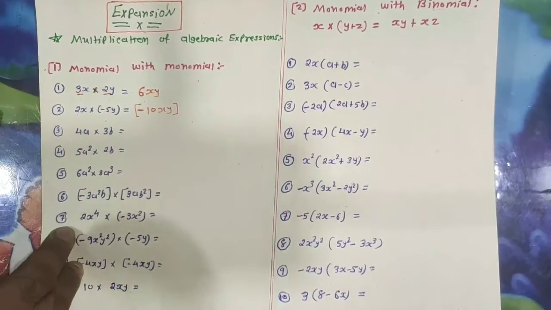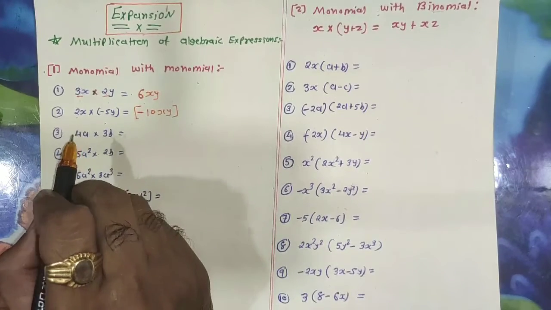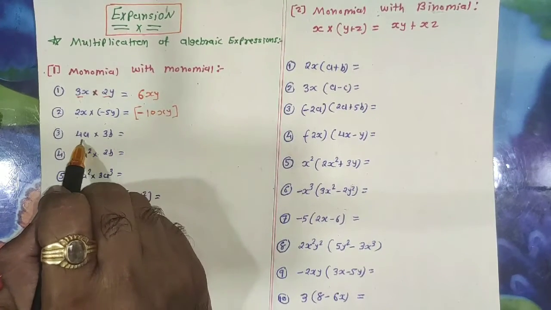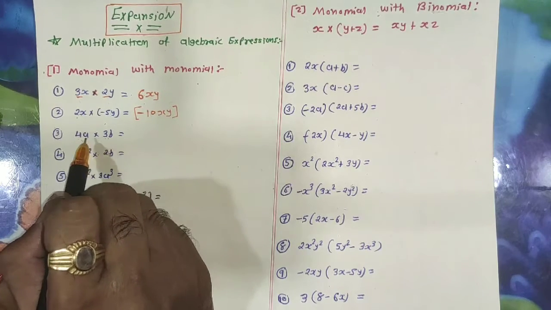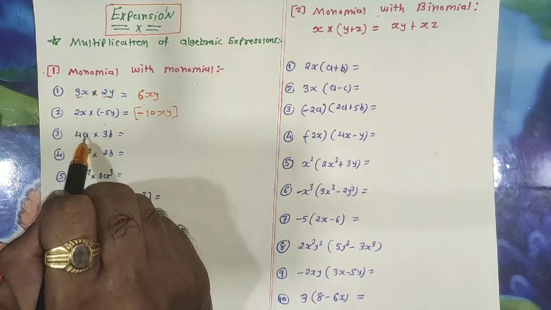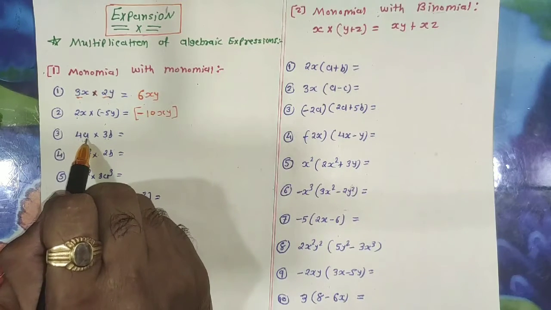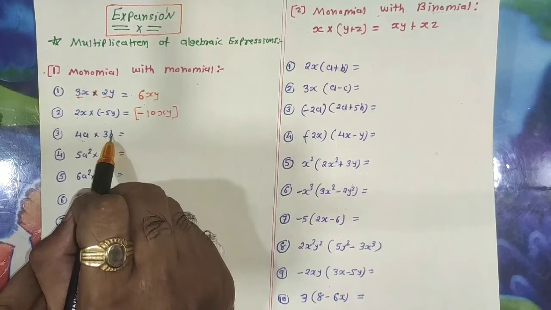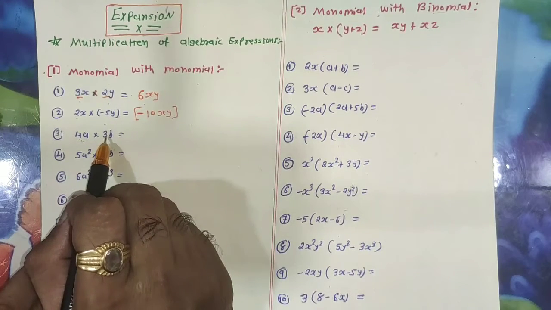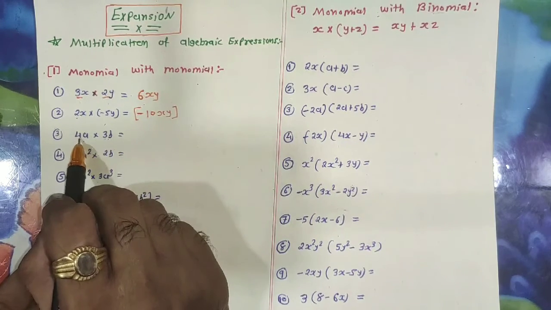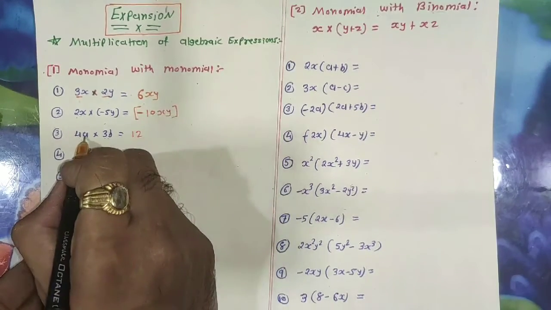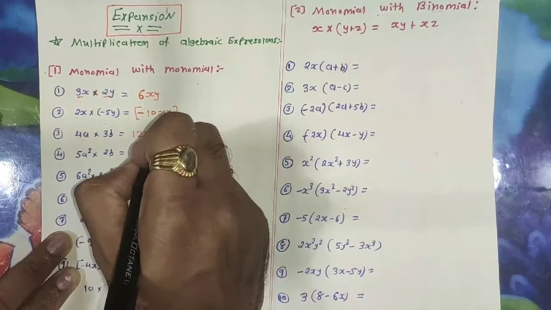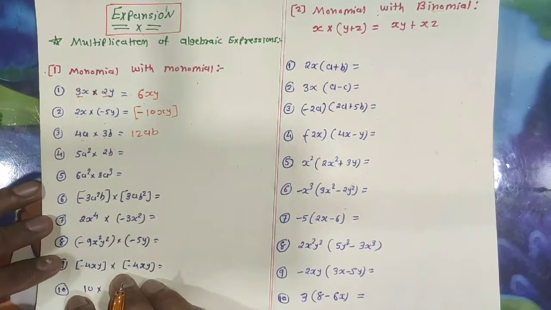Done. Now the third sum, it's again monomial with monomial. For the multiplication of monomial with monomial, we have to multiply the constant part with the constant part. Here the constant part means the coefficient of the term. Here 4a is one term whose coefficient is 4, and a is the variable. Here b is the variable whose coefficient is 3. The variable is known as the variable part of the term. So the multiplication of these coefficients, 4 threes are 12, into the multiplication of variables a into b, will be ab. Clear students?